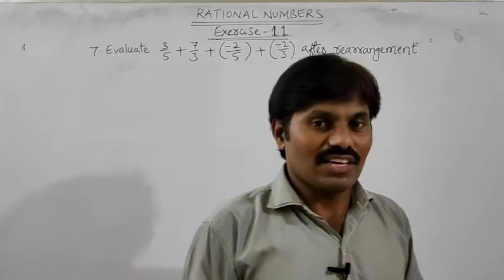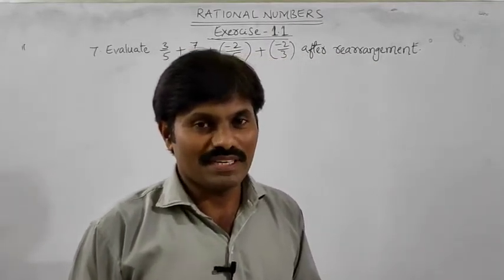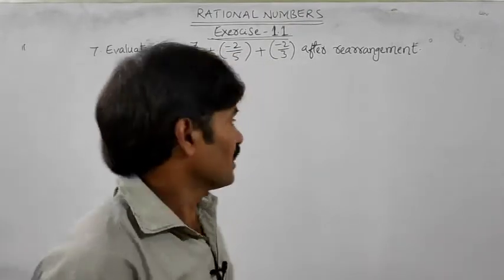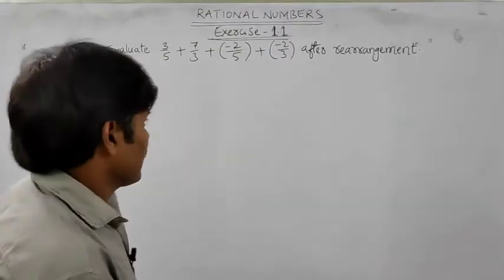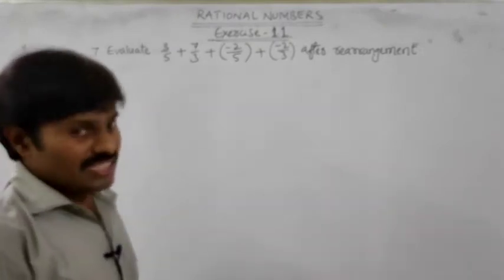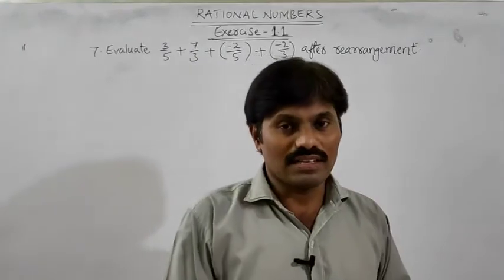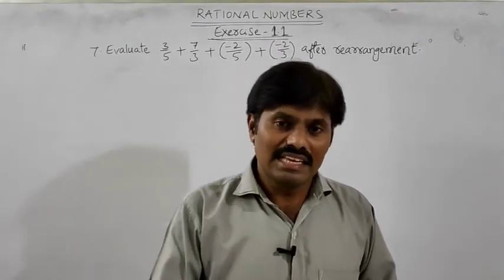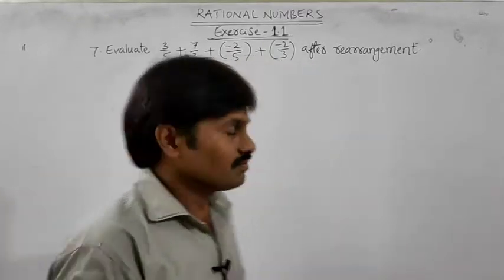So that is why we use properties like closure property, commutative property, associative property, and distributive property, etc. Now similarly here also, why do we need arrangement? Because of rearrangement. See how to rearrange these fractions. The simple technique is to observe the denominators and write like fractions together. If the denominators are equal, we call such fractions like fractions. In this way, now we are going to write like fractions together.